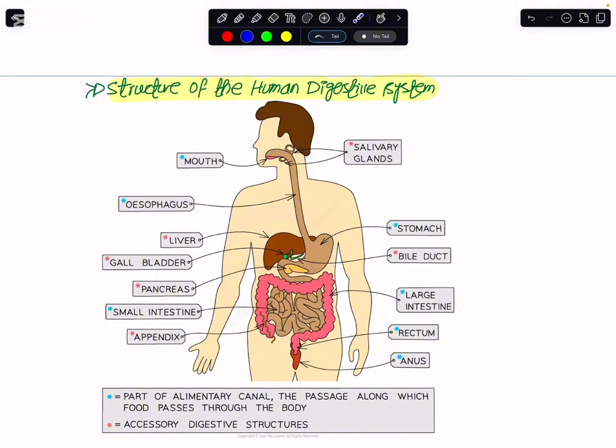Then there would be a point here that is a common part of the digestive system and the respiratory system. So we would have the pharynx coming, and then there would be this tubulated structure coming, and this is regarded as an esophagus. The esophagus would connect itself to this muscular bag, and this muscular bag is what we refer to as